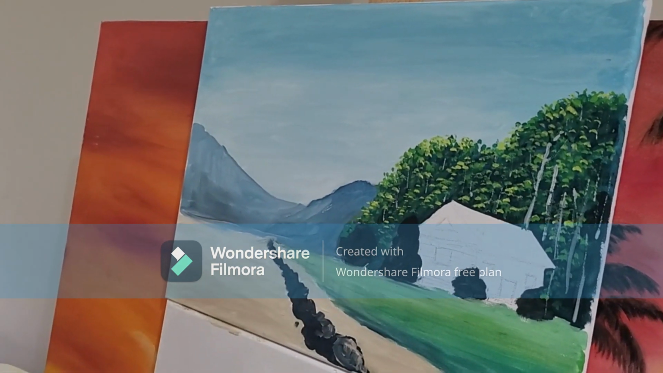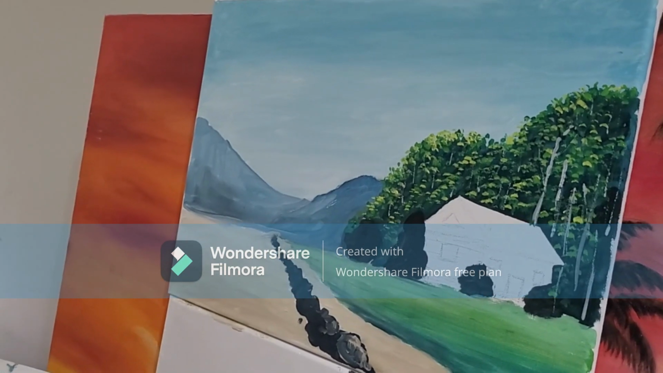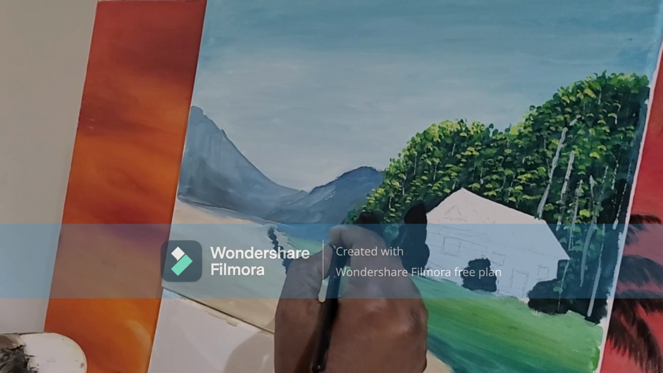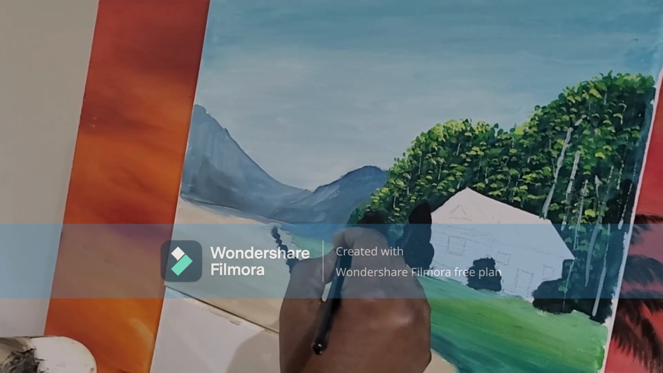I think it's too light. Let me add some more dark blue to it, and it becomes